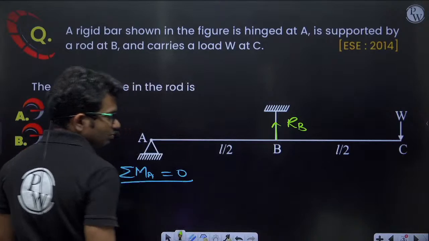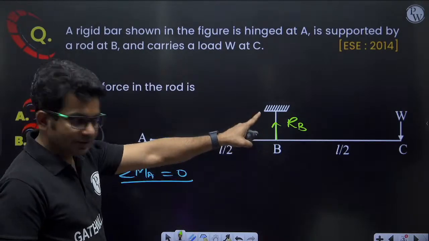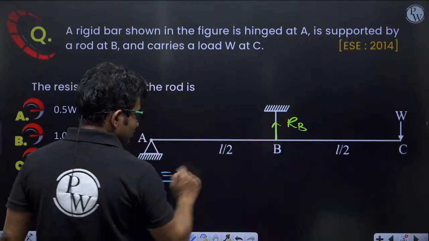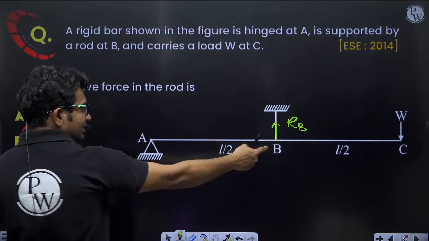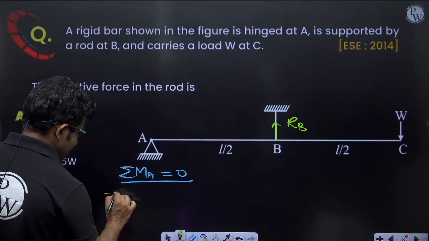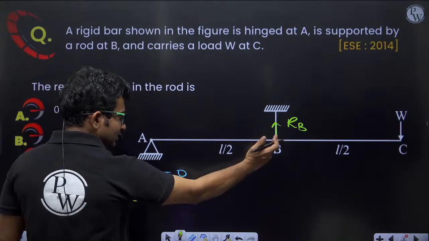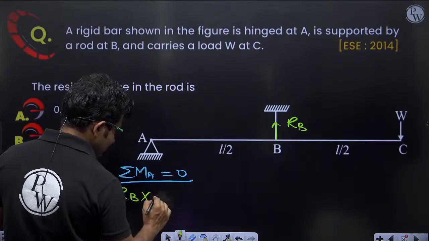Moment will come because of RB and because of W. The perpendicular distance of RB is L by 2, and this gives anti-clockwise rotation. Let us take anti-clockwise as negative, so minus RB into L by 2